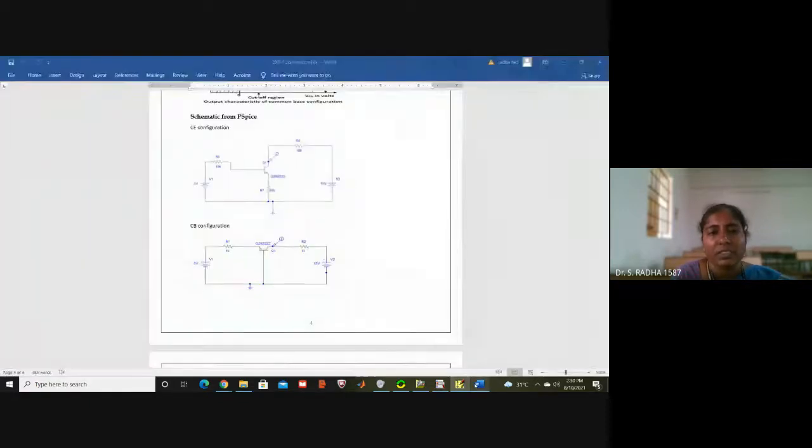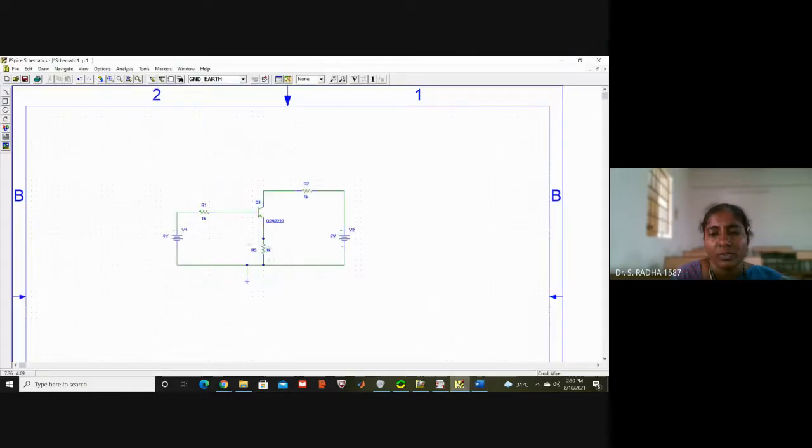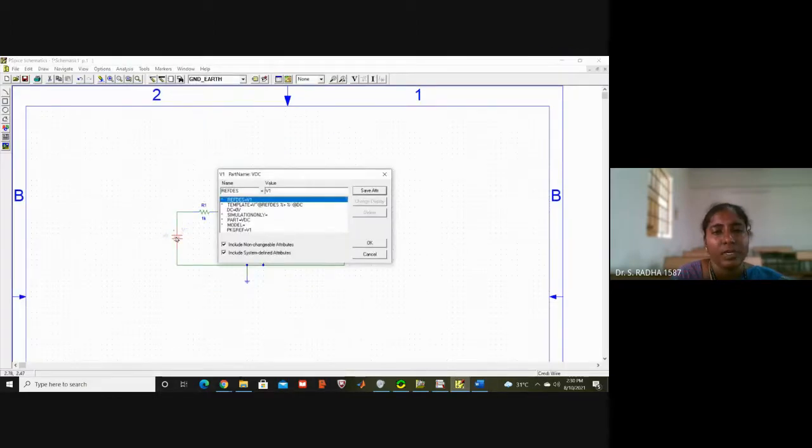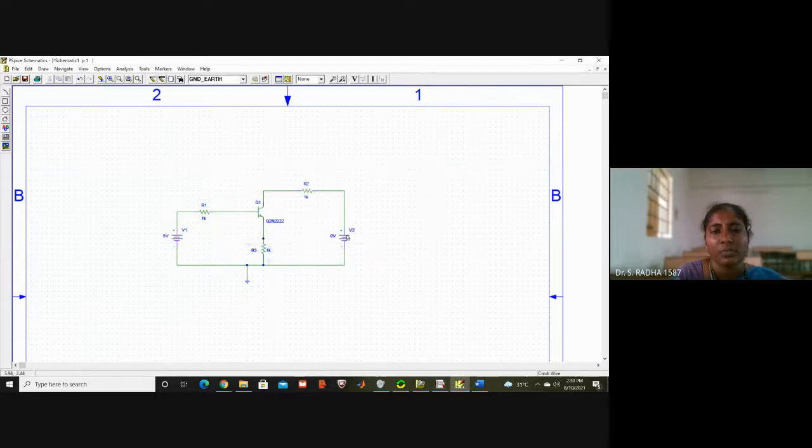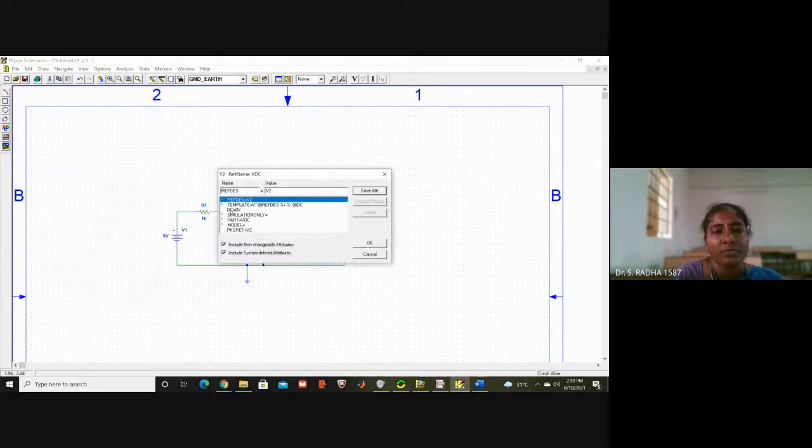Okay, now this is our schematic. You check here: input side 5 volts we are giving, output 15 volts we are giving, and input side resistance 10K, output side 100 ohms. This is 10K, this is 100 ohms, 100 ohms. The voltage I am going to give: double click, DC, you just give 5 volts. You can give 5 volts on both sides, not a problem. Output side also you can give 5 volts. So I will just try with 15.